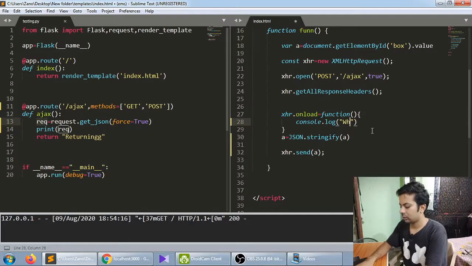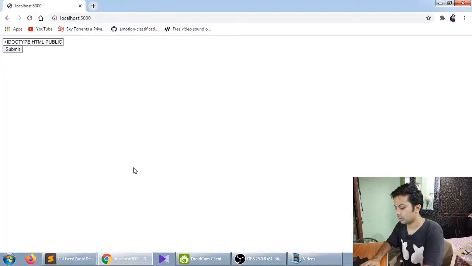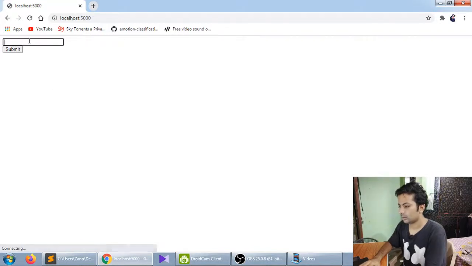For instance, before I was inputting inside the box, so as soon as I click the submit button, something else will appear inside the box and you will get confused. So I'm making this console.log and making a POST request. Yeah, so now let's just save it and reload it. Okay, we just submit.